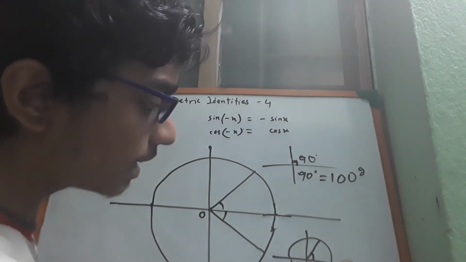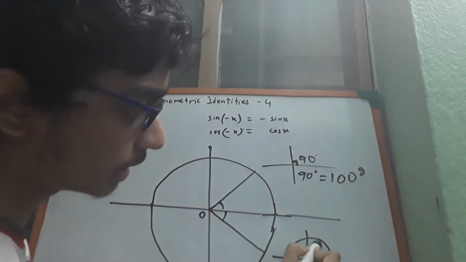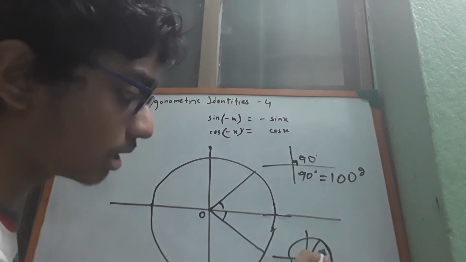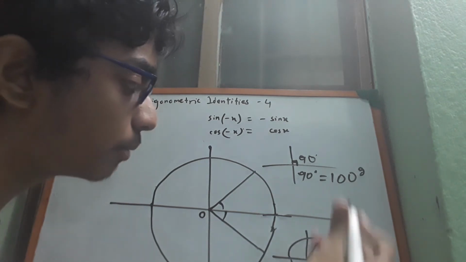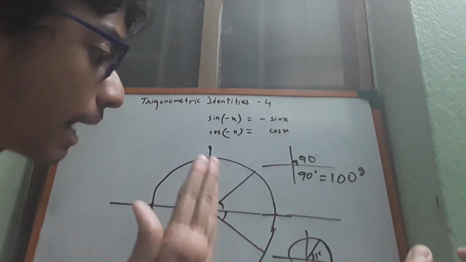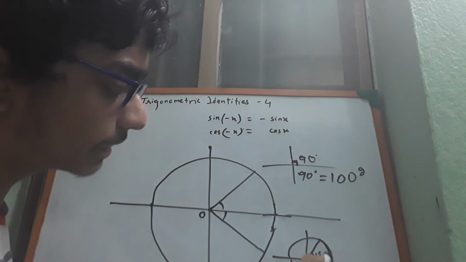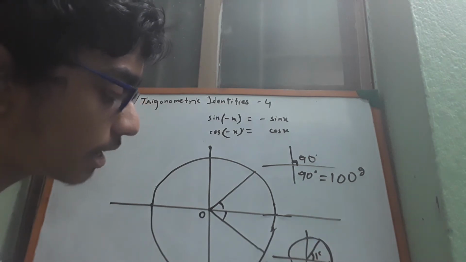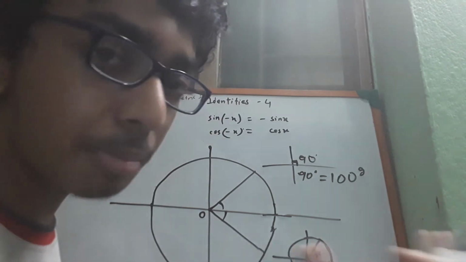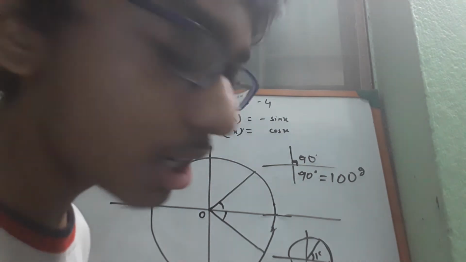For this angle to be 1 radian, the length of this arc should in magnitude be equal to the length of 1 radius of the circle. Suppose if this angle is theta, then the length will be theta by 360 into 2 pi r. And the length of the semicircle, which is pi r, is actually 3 radiuses plus something, approximately pi radiuses. 3.14 is pi, obviously we know that.